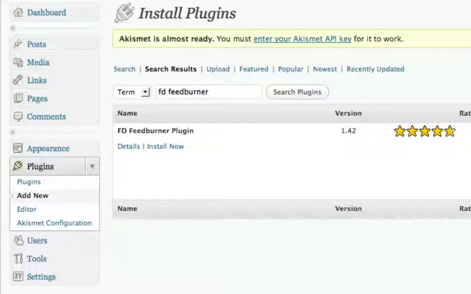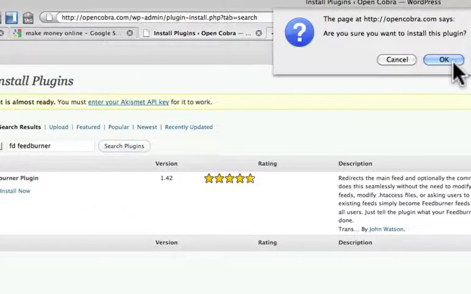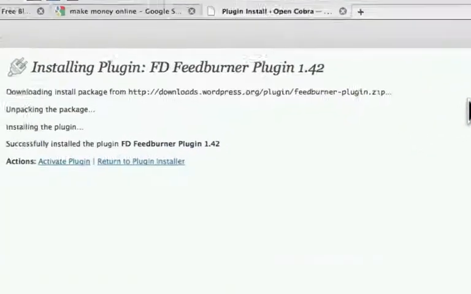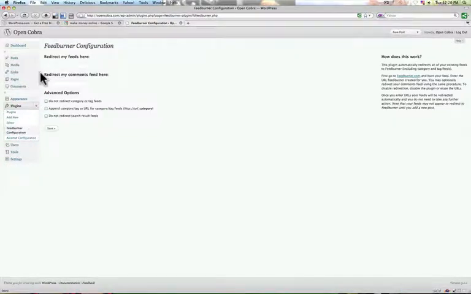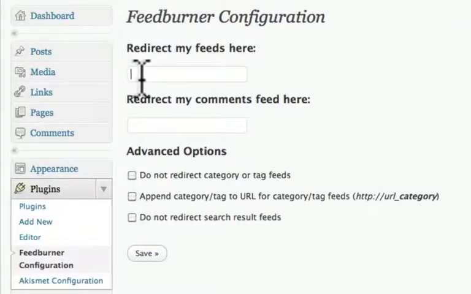So the first thing you need to do before you can install this: install now. Are you sure you want to install this plugin? Okay. Click on OK, it unpacks, installs, does everything automatically. And then once you set up your Google FeedBurner account, if you go to plugins and you go to FeedBurner configuration, all you need to do is put in your feed address here,